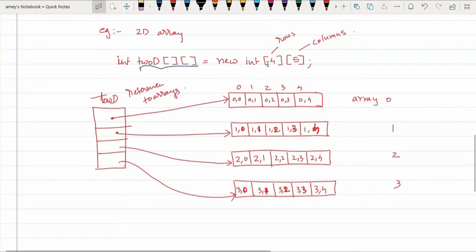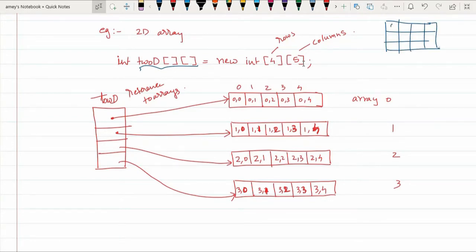Now let's see how 2-dimensional arrays are created. You must be knowing that in C++, when I write int 4, 5, a matrix is created like this, where you have rows and columns.